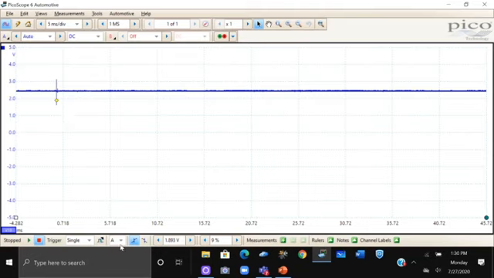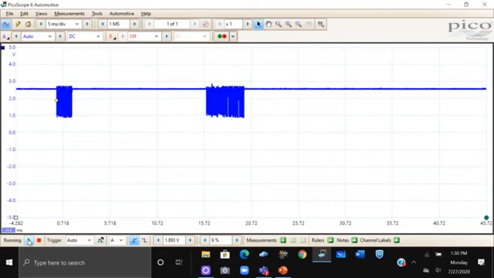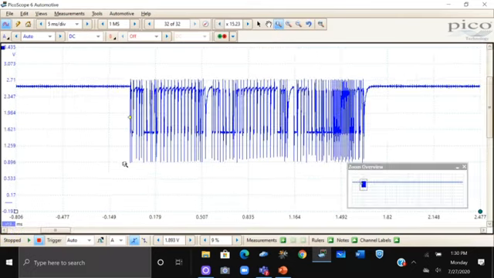Now, if I get rid of this, let me go back to auto here. Okay? Now I'm going to lock it. Okay? Because I want to look at this. So I'm going to go up and I'm going to pick up my expand, and I'm going to expand just this. Okay? Now, you might look at that, and if you're not a Pico person, recognize that what I did is I just used this zoom feature,